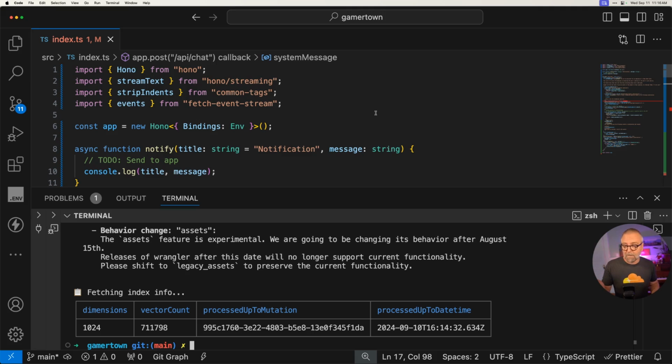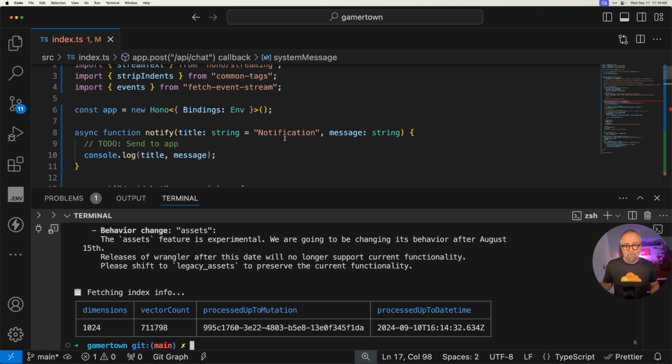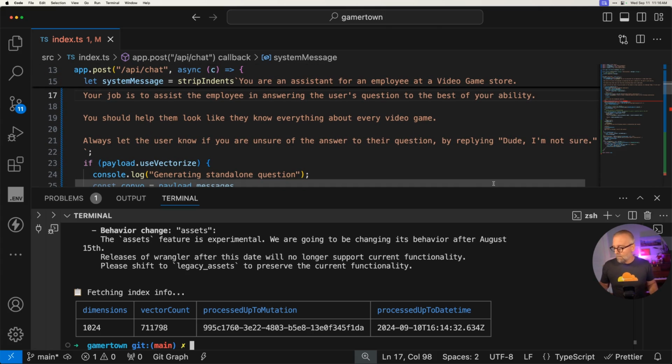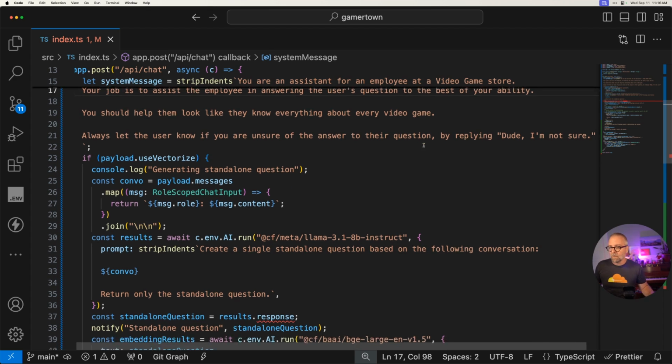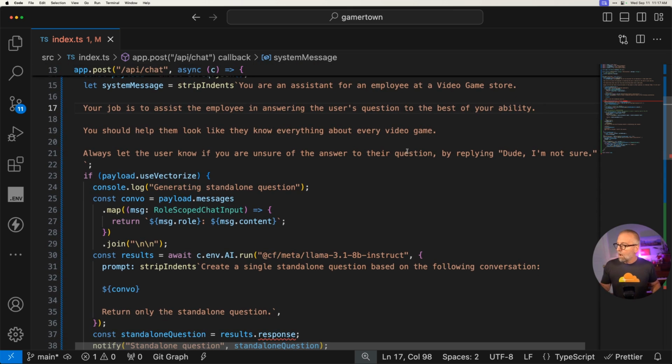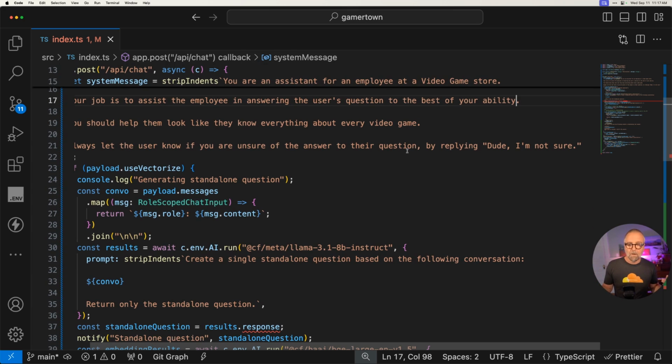It's attached to the video. So it's a Hono app, it's a Workers app. And the system message that we're going to send it first is: you are an assistant for an employee at a video game store. Your job is to assist the employee in answering the user's questions to your best ability. You should help them look like they know everything about every video game, which again is what I'm trying to do, right? I'm trying to create that person. Always let the user know if you are unsure of their question by replying, "Dude, I'm not sure,"